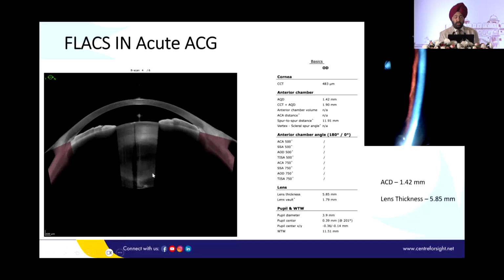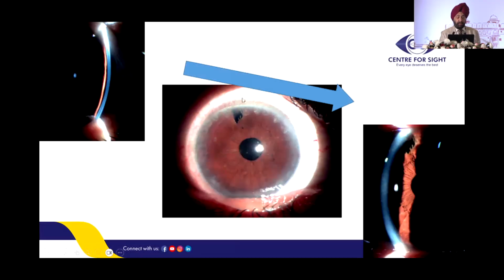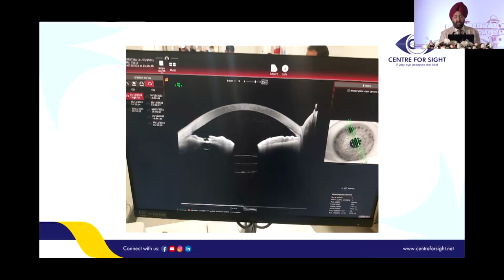Now, this is another thing, acute ACG. Can you see this huge lens that is there for this particular patient? You can see that the lens thickness here is about 5.85 millimeters. So this is going to be a fantastic case where just a removal of the lens, which we did with femto, and a PI, you could see that the chamber falls back and the ACG resolves. At times, we are very happy to even do a lens extraction without a cataract for recalcitrant cases of angle closure glaucoma, where on anterior you can find a thick nucleus, and the cataract like a 5.8 or a 6, and this is the PI that you can see later on.